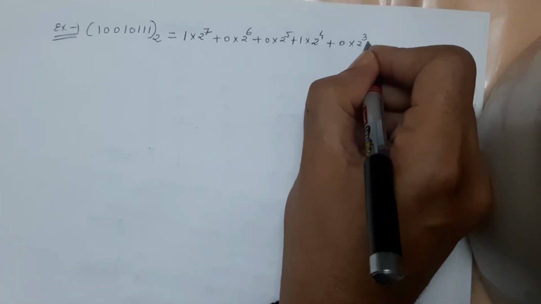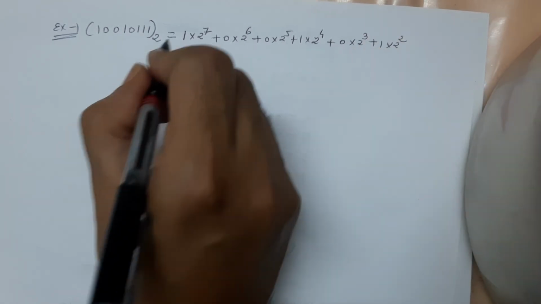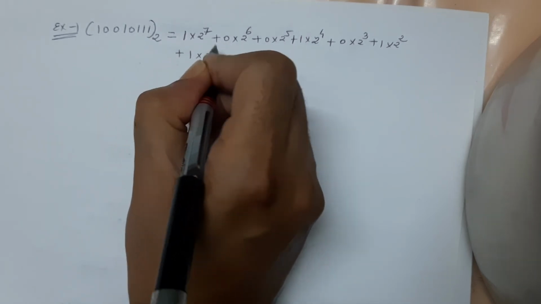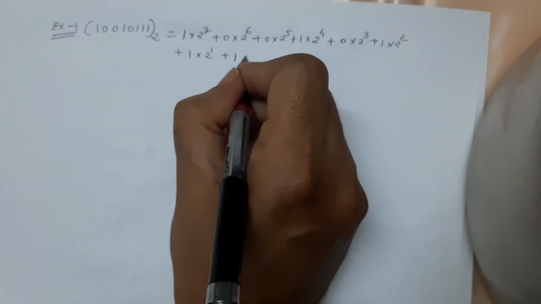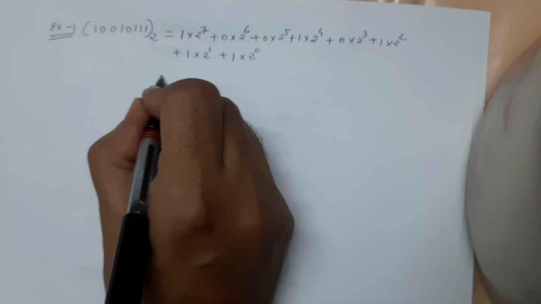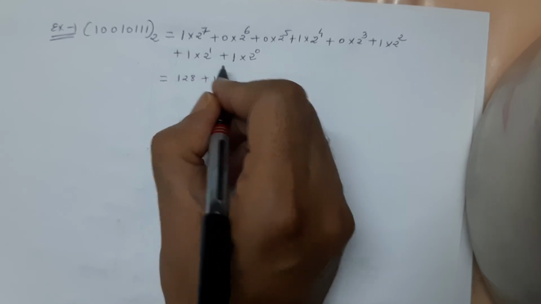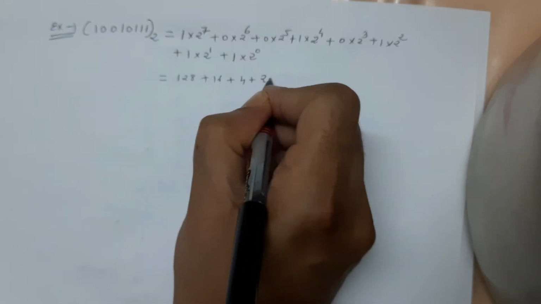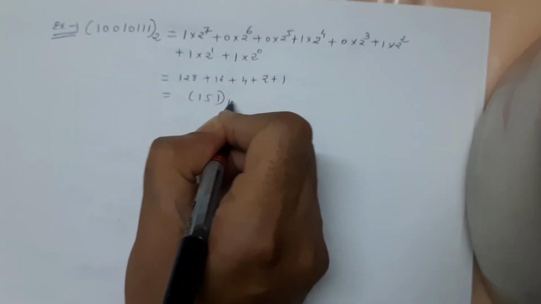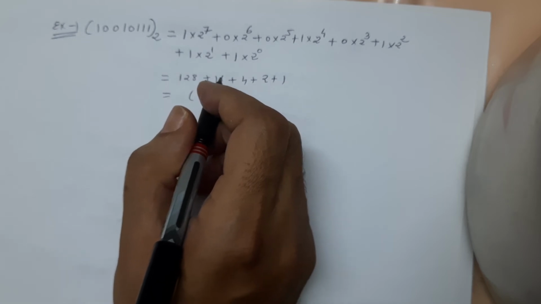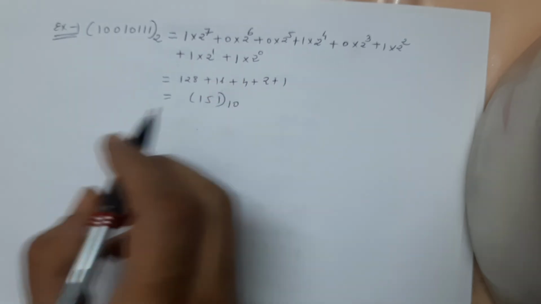into 2 raised to 3 plus 1 into 2 raised to 2 plus 1 into 2 raised to 1, and the last plus 1 into 2 raised to 0, and this is equal to 128 plus 16 plus 4 plus 2 plus 1, and this is equal to 151. This is your decimal number. Same way, if this is a fractional, second example,